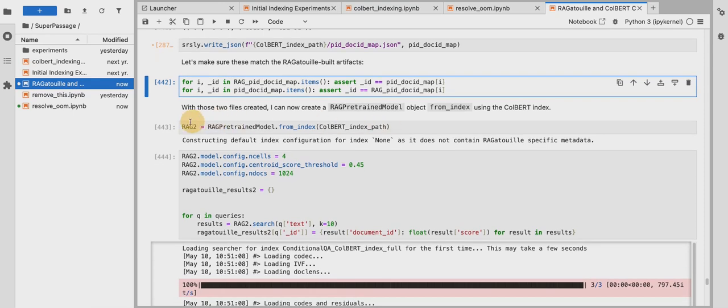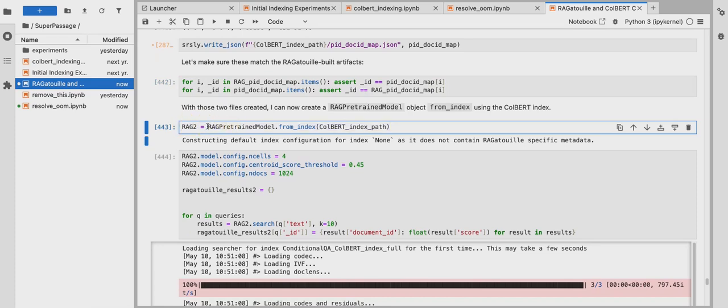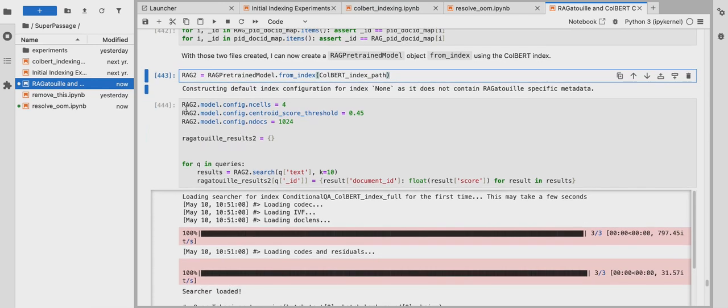And now, with a single line, I can do rag pre-trained model from index, give it the ColBERT index path, and now that it has those 2 files, it will build the index accordingly. And it takes a couple seconds and it's done. So now I run my